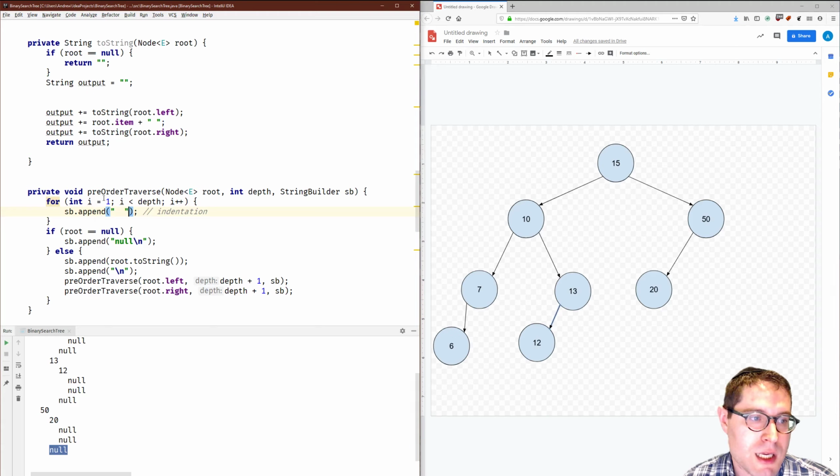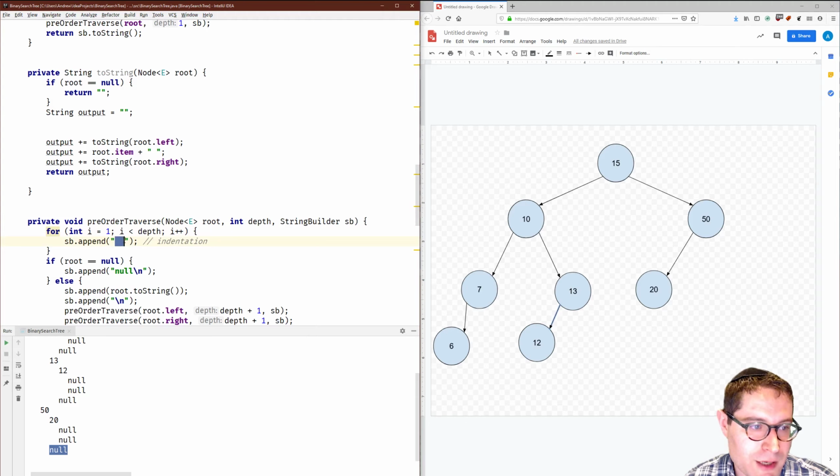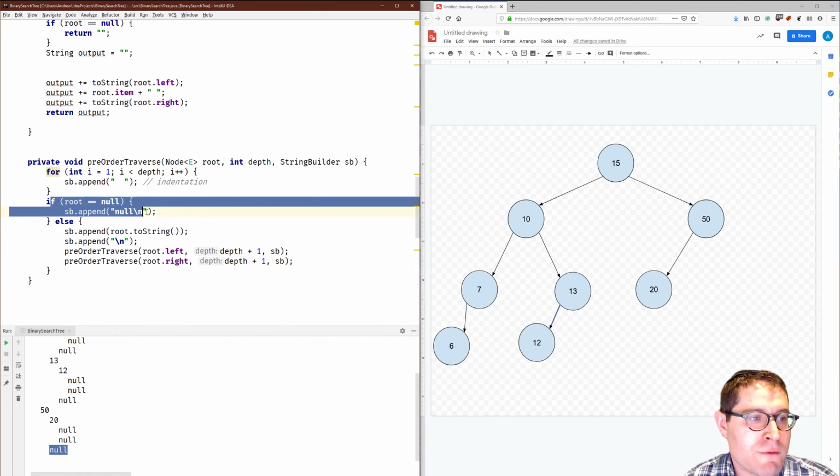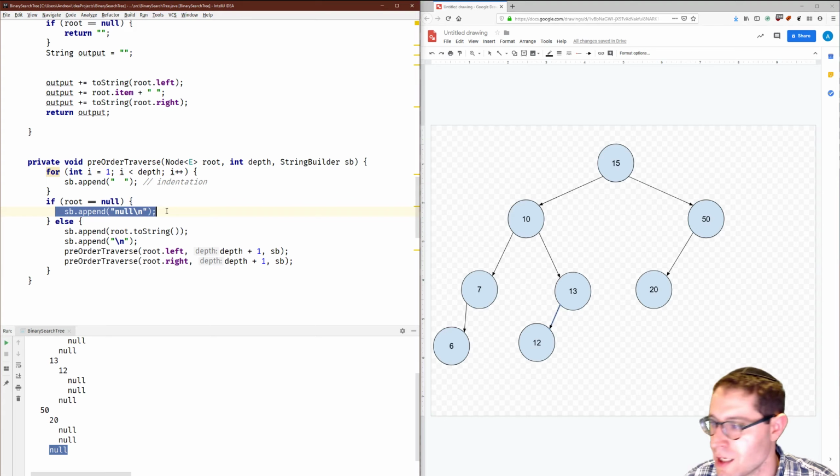Depending on what my level is, I'm going to print out two spaces. If root is equal to null, if we're an empty space, we're just going to add null here and a new line so that we can move on to the next line. Otherwise, if I'm not null,